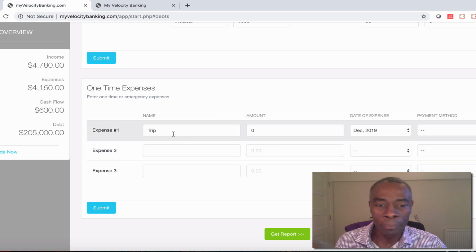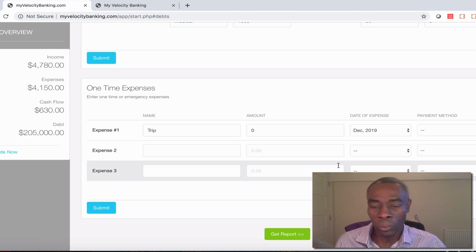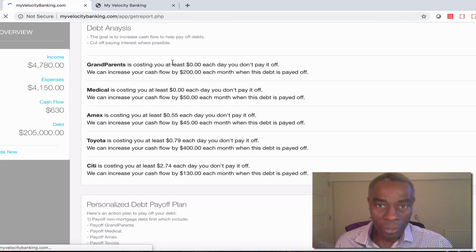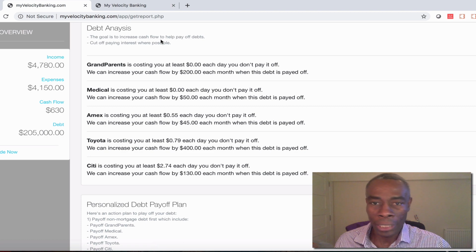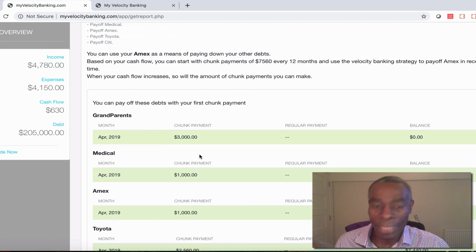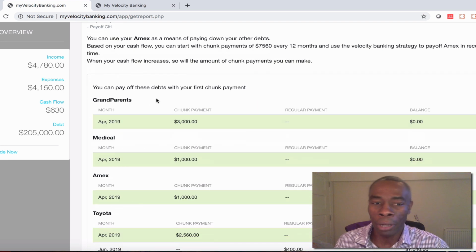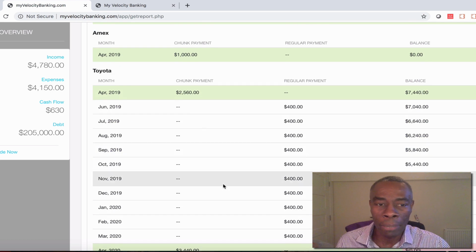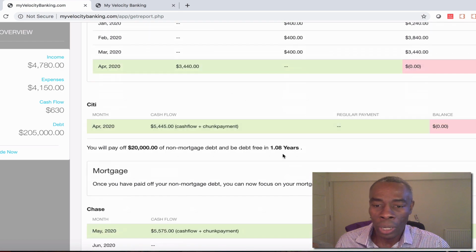So in this example, this person is going on a trip. Before I show you what happens and how this works, let's just look at what they have right now. Because the app goes through all your debts, it figures out the best thing to pay first, and it gives you a pay down chart. So for example, pay off your grandparents, pay off the medical bill, there's an Amex that you can pay off, and then you start paying your car payments, and all that's going to take you just over a year to pay off this $20,000 debt